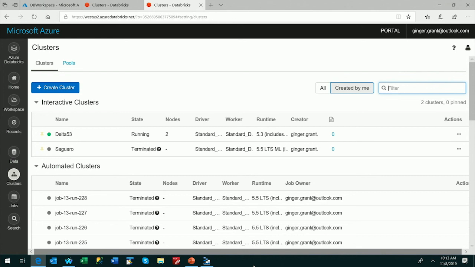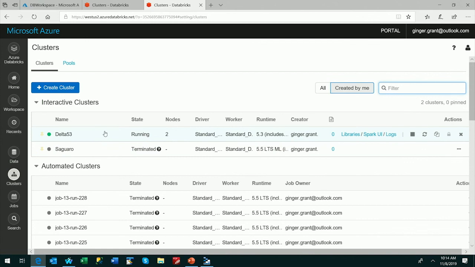And you can have different kinds of compute. You'll notice that I've got these interactive clusters, and then I have job clusters. And the job clusters are created for the purposes of running any and all jobs that I have scheduled. And it has a built-in scheduler that allows you to fire jobs off. But it is designed to be all written using notebooks. So this is all a notebooks-based